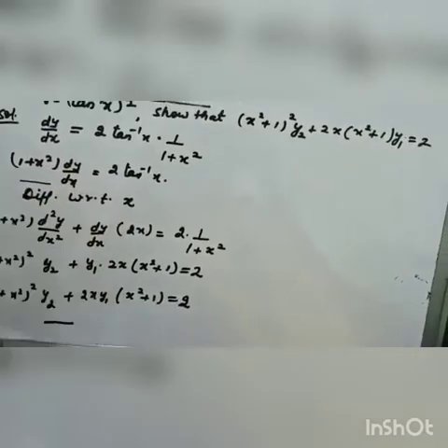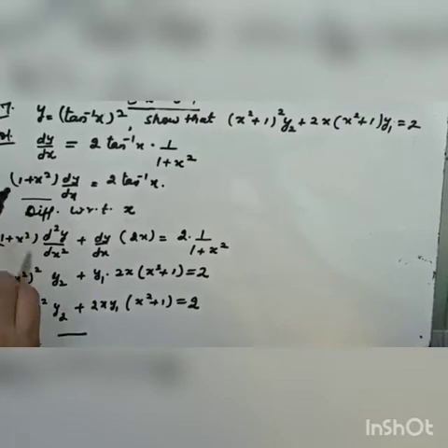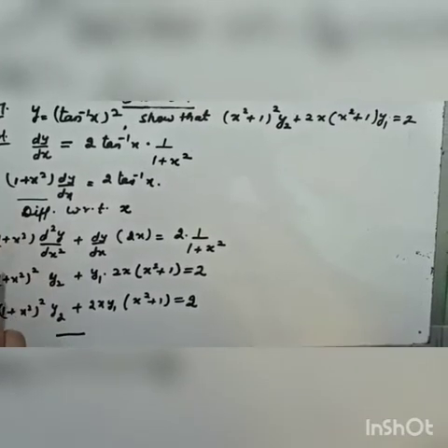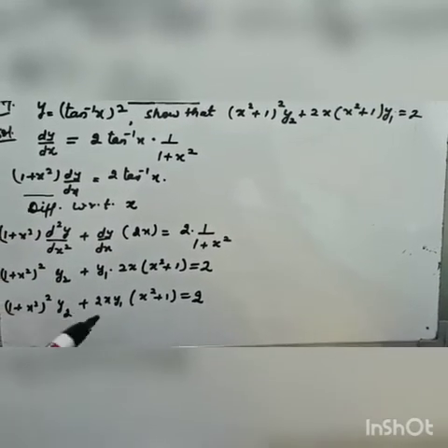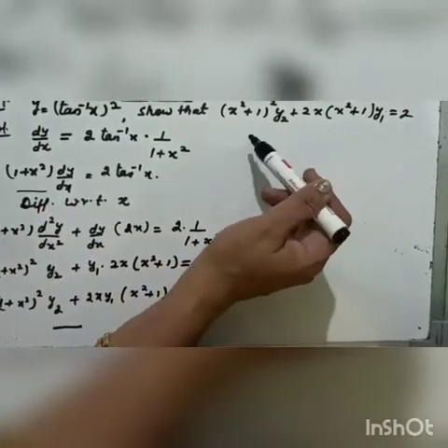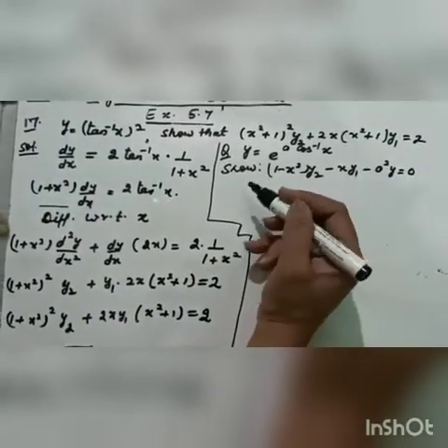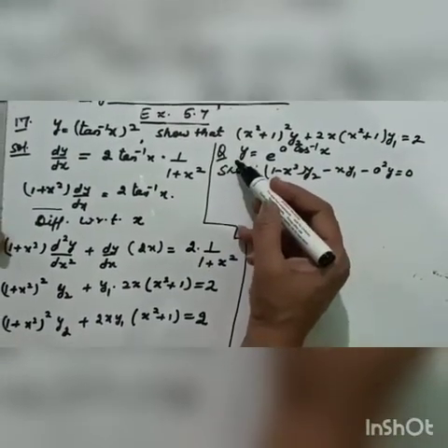In such questions, we first calculate the first order derivative, then cross multiply, then take the second order derivative, and then simplify our result. So no need to put the values of y1, y2 in the left hand side for getting the answer. Now next, this is the last question in the miscellaneous exercise.